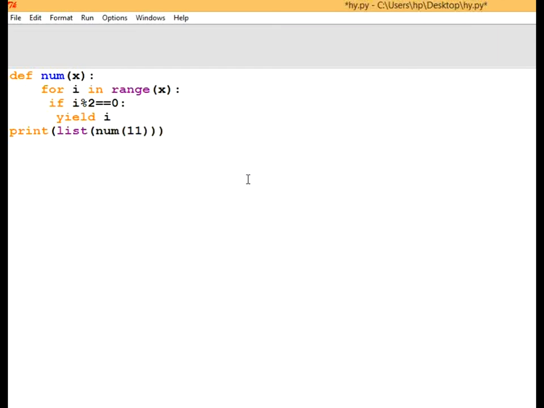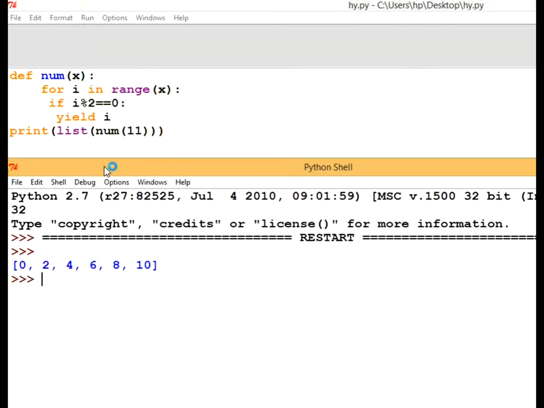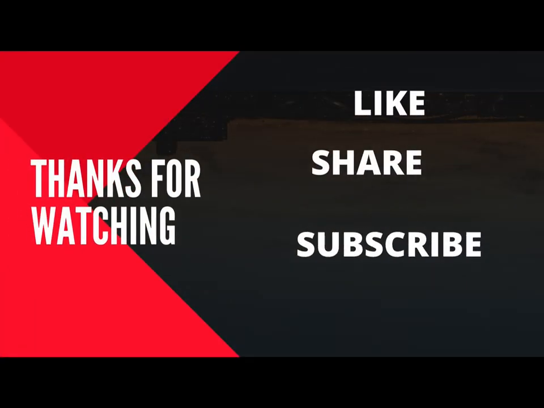After that, in the print statement, I have passed a number that is 11. So now you can see whenever I execute this code, I will get the result in the form of a list in which all the numbers which are divisible by 2 till the series 11 will be printed, as you can see in the output. That is basically how we can use generators in a finite way. I think you must be clear with the short content about what are decorators, recursions and generators, and how we basically use them.